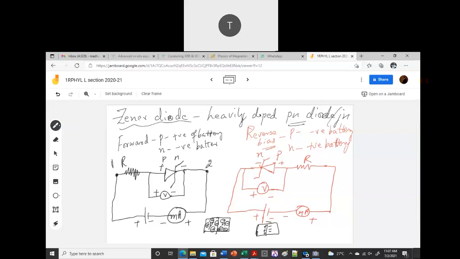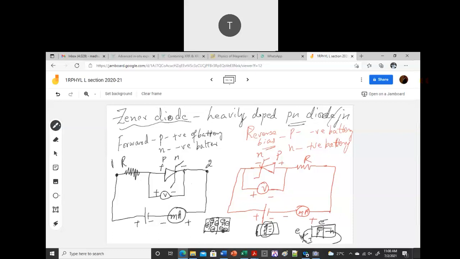Okay. So in this case, what happens? All positive and negative ions will start accumulating in the center of the diode, or where you have the contact of the P and N junction. So after this, what happens? If you further increase the applied voltage, then your electrons will start moving, and this will be continuous movement. Okay, and in the reverse direction you have the current. So from P to N, the electrons are going to move, and the current is moving in the reverse direction. Okay, so this is what happens when you go to the higher voltage.